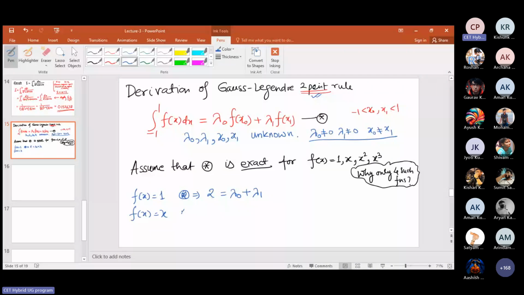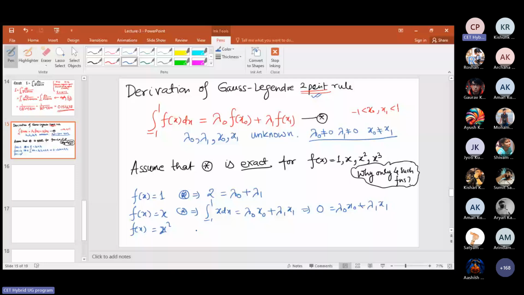उसी तरह से जब fx = x रखोगे तो देखो क्या होगा, स्टार में स्टार विल एम्प्लाई लेफ्ट हैंड साइड -1 to 1 x dx, ऑड फंक्शन है, इसका इंटीग्रल क्या हो जाएगा, 0 हो जाएगा। राइट हैंड साइड क्या हो जाएगा, लैम्डा 0 x 0 बिकॉज fx इज x प्लस लैम्डा 1 fx1 दैट इज fx1 = x1। तो यहां से आपको क्या मिलेगा, 0 = लैम्डा 0 x 0 प्लस लैम्डा 1 x1।